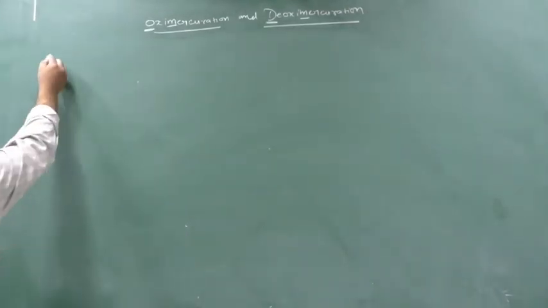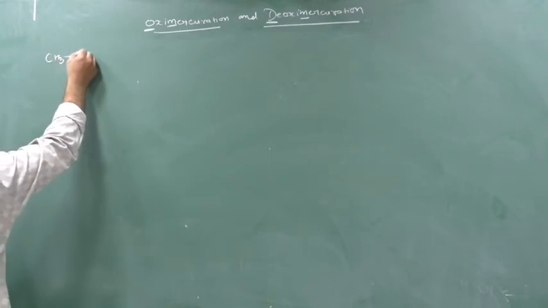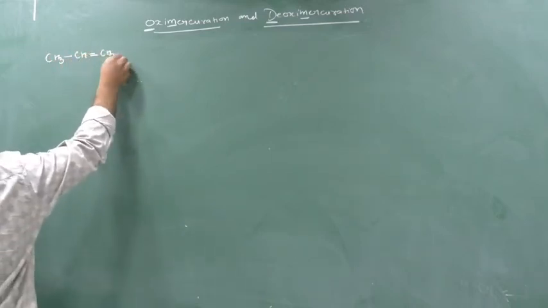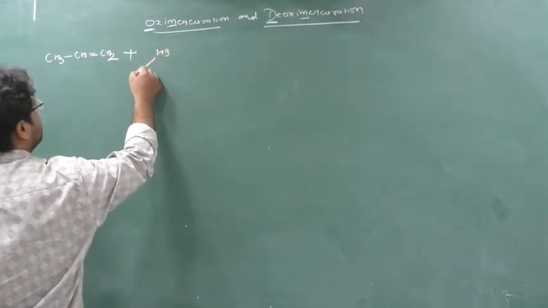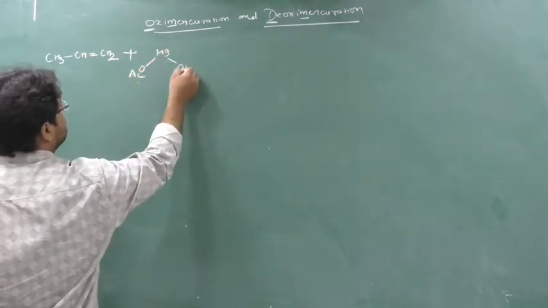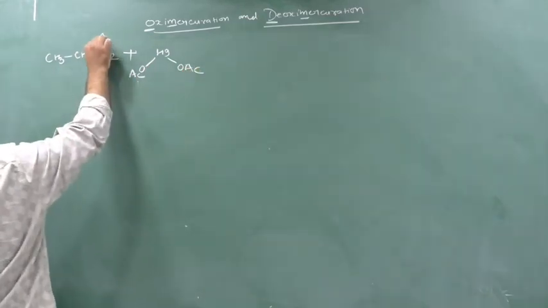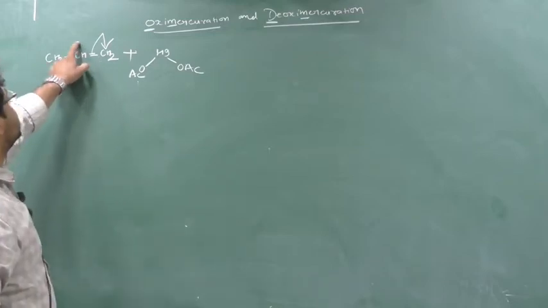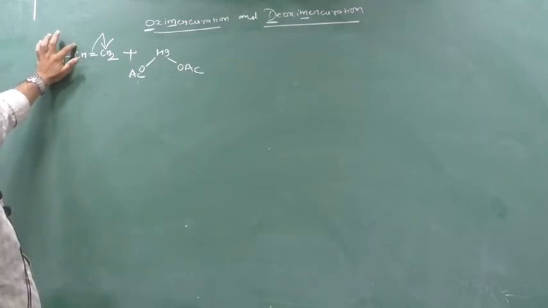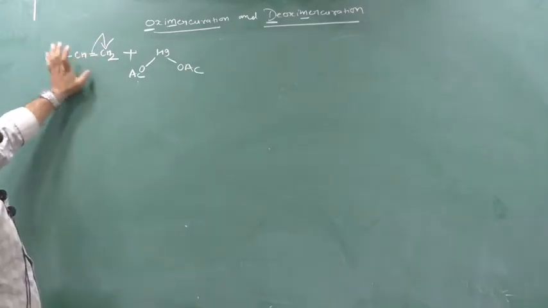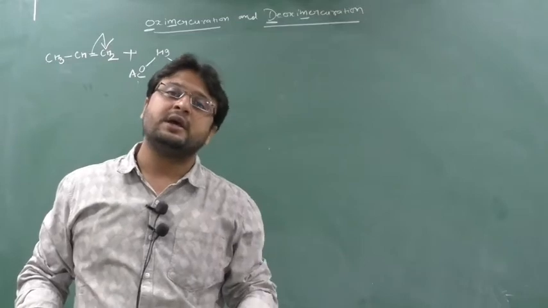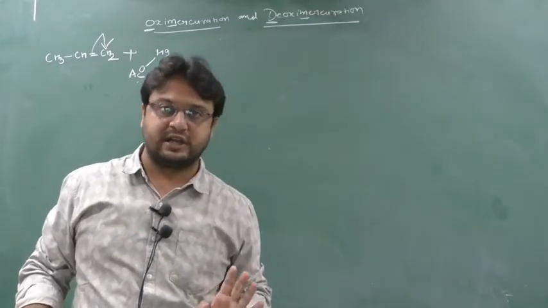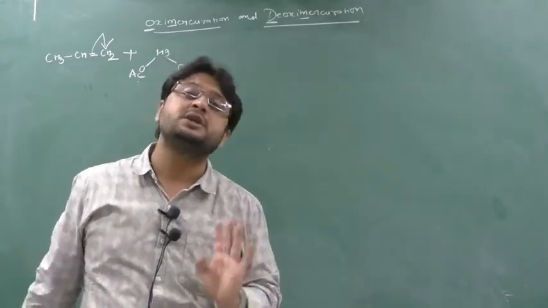See, what will come in the first step? CH3, CH double bond CH2. Clear? Here who will come? Mercury acetate. So Hg, OAc, OAc. The bond will cleave in this way. Understood why the bond will cleave in this way? Because it will create a positive charge here, and this positive is a 2 degree carbocation, so it will be more stable, so it cleaves in this way. But here actually the carbocation doesn't form, it forms only for a nanosecond, which is not considered to be a carbocation. That's why in the last step I told you rearrangement is not possible.